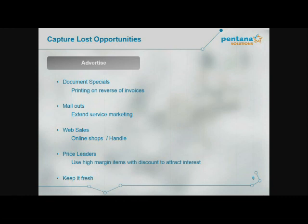If you're a Ford dealer out there, you're on a bit of a roll, winning some races. So advertise that on the back. Get the customers out there, get them passionate. Get them buying the jackets and the race gear. Put it on the back of the service invoices and get out to it. With that document specials, we can tailor it back by sale type. So we look at the sale types that we're talking about and break it up. If you're selling to a mechanical customer, advertise